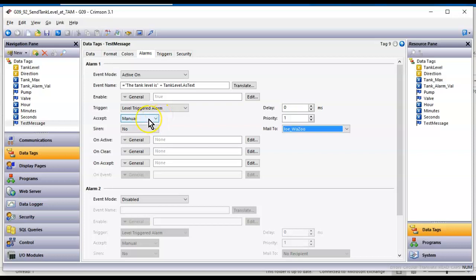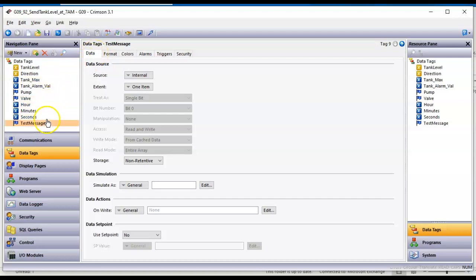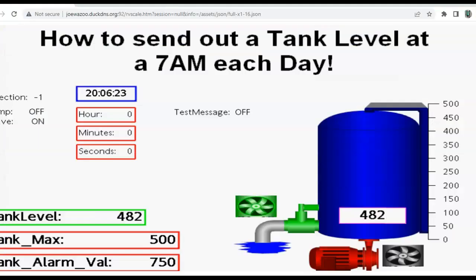And for this example, I'm going to change the acceptance from manual to automatic because we're not going to do an alarm viewer in here, so we have to clear it. We'll just make this automatic. Now, if I go to the data tab, I want to send this out when a certain time matches. So I've got the browser open right now, and I happen to be doing this at this particular time of